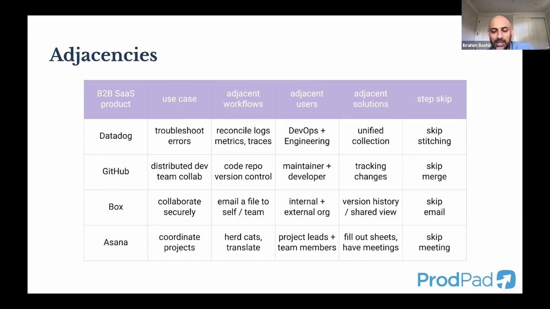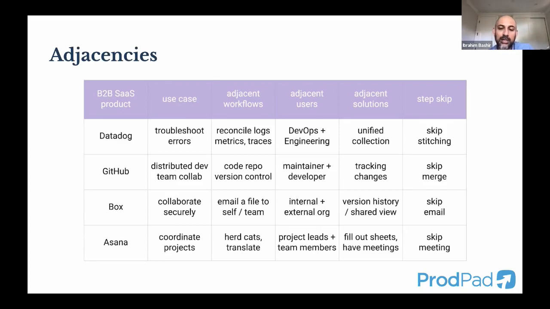If anybody was an engineer back in the day, pre-GitHub, pre a lot of the modern solutions, there'd be this whole thing of, hey, I have a branch, you have a branch, let's figure out how to merge these. That has now become much more automated. We went through Box in detail. Originally, people were emailing themselves files, right? If you're an IT administrator in the enterprise, it's a nightmare for you that people are emailing themselves sensitive data. Email is not secure. They really brought together team and cross-team collaborators and internal and external stakeholders.